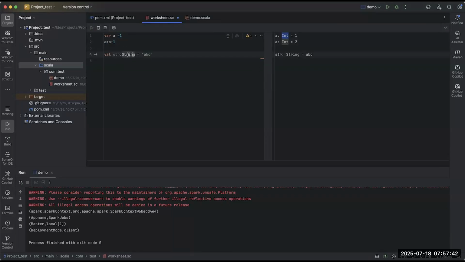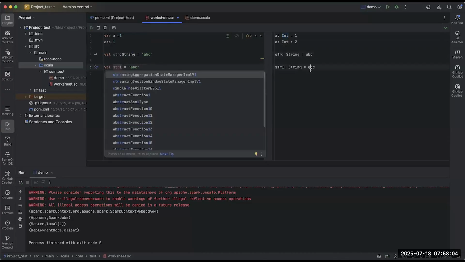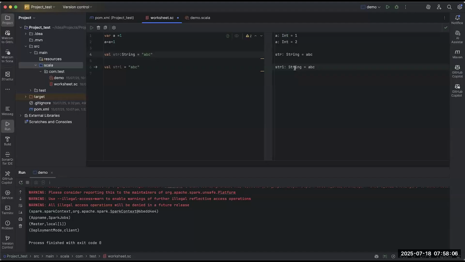Here you can define the data type also. See, in the string I have defined the data type, but here I have not defined it. Suppose I remove it, write the variable and run it. Let's see here, it automatically inferred the data type of the string.